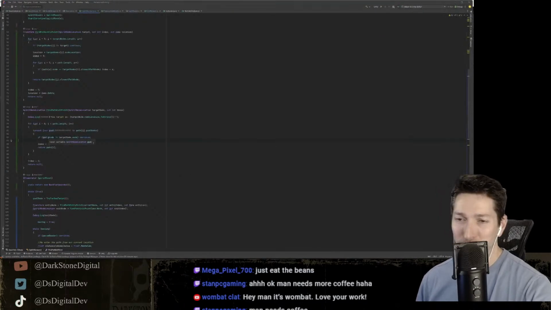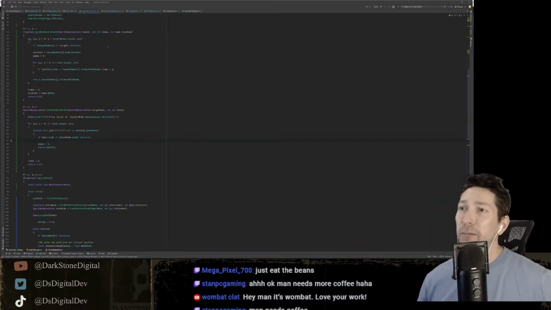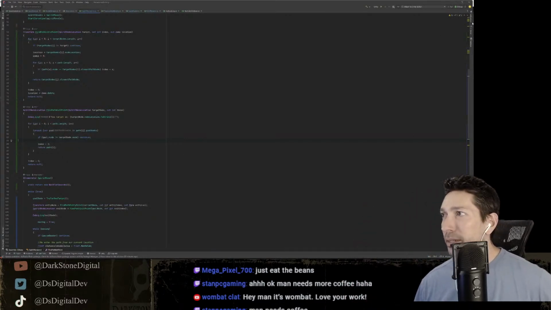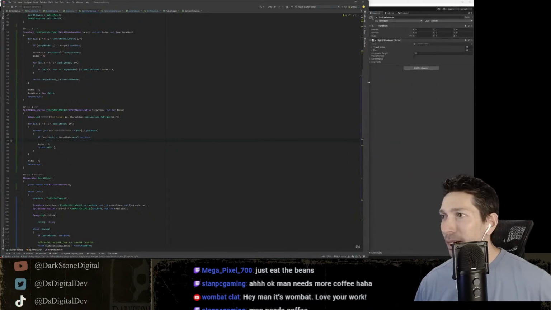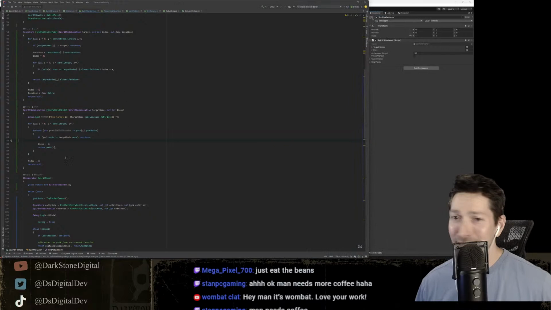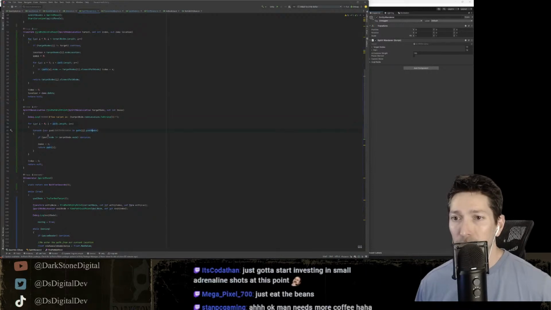Okay. So, look. Here's what's happening. We're going to take this because I need to see this apparently, and we are going to get the goal, our target goal, and for each goal path goal nodes. So we step through every single path node, and then we step through each of the goal nodes within that path node.